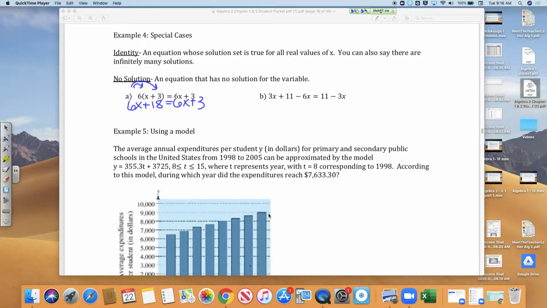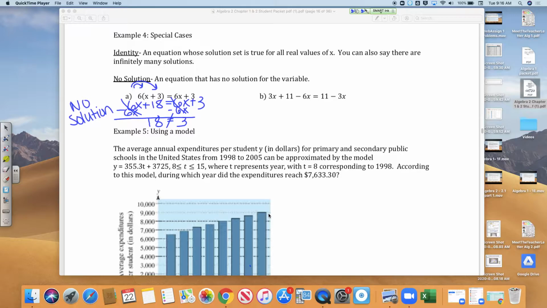But if we were to solve this, I would subtract 6x from both sides. The variables cancel out. I'm left with 18 equals 3, which is not true. 18 does not equal 3. So the answer to this problem is no solution. Right? For the next one,